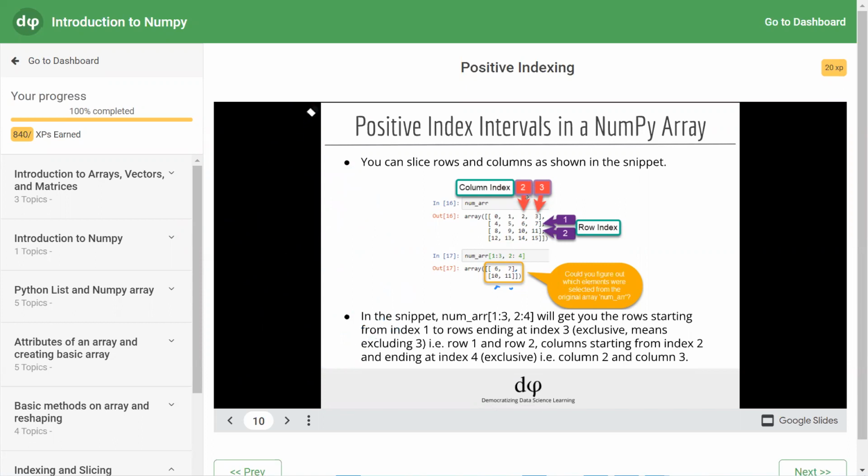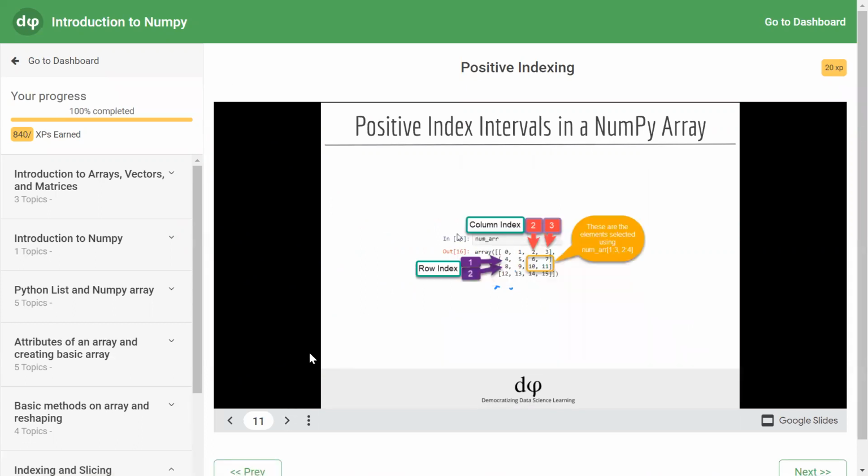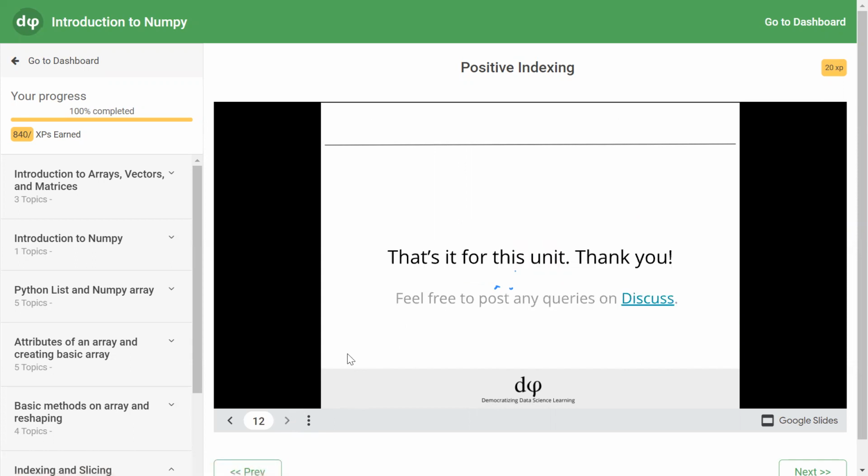Okay, moving to the next example. The same thing is explained, which I explained previously. This is row 1, 2. This is row 2, 3. Intersection of it is 6, 7, 10, 11, which was treated as your result. Okay. This was positive indexing.